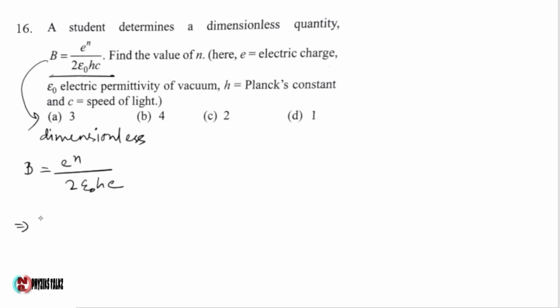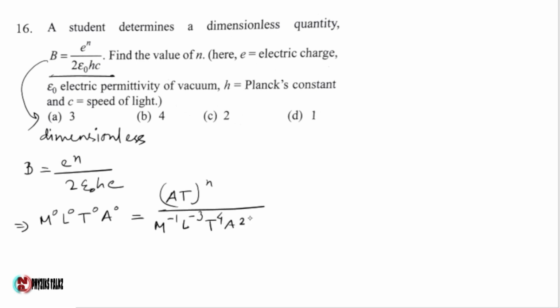Putting the dimensions M0 L0 T0 A0, e is given as A T to the power n, epsilon naught is given as M inverse L minus 3 T to the power 4 A squared, h is given as M L squared T minus 1, and c is given as L T minus 1,